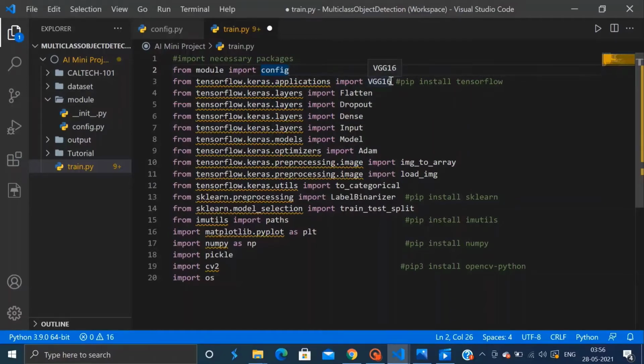After that, we have imported the VGG16, which is the CNN architecture from TensorFlow and Keras modules. And to install TensorFlow on your system, you can run this command, pip install tensorflow, in the command prompt.